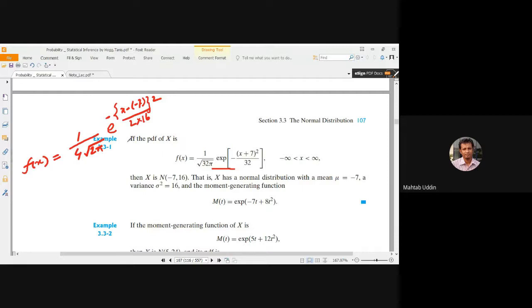Can you write it? Yes, sir. So compared to the original form, you can get sigma equal to 4